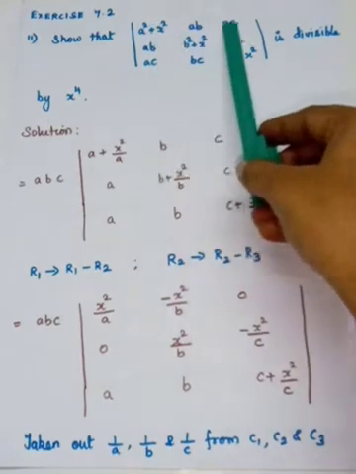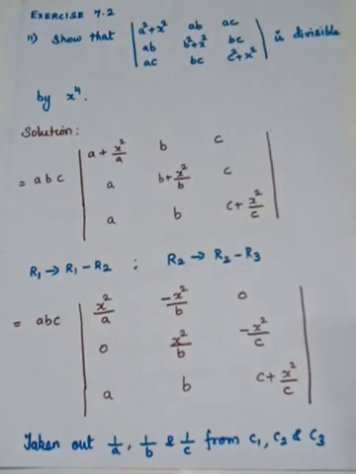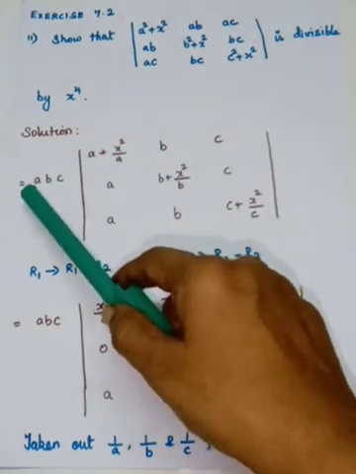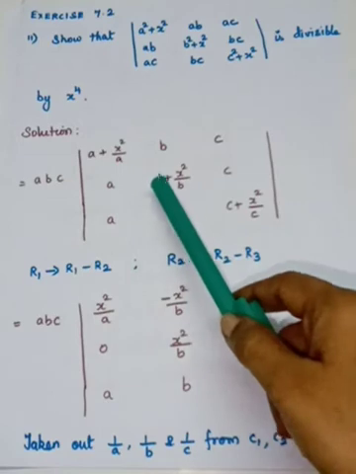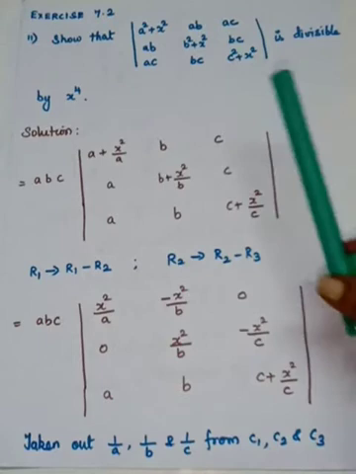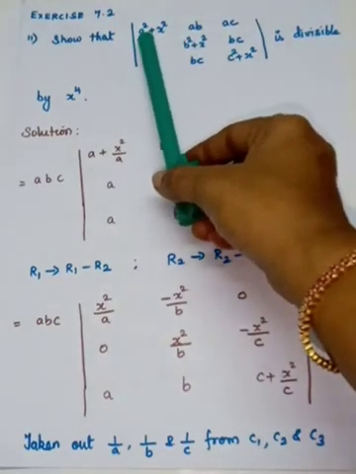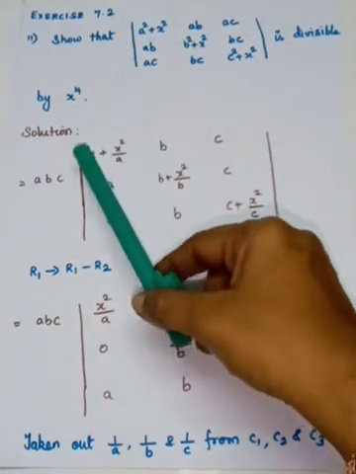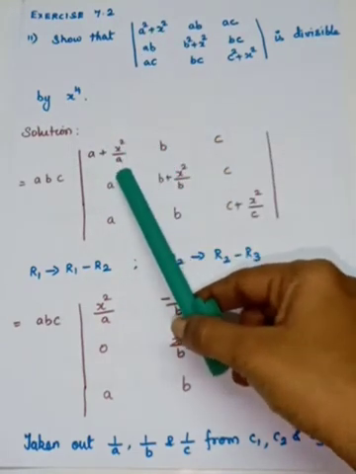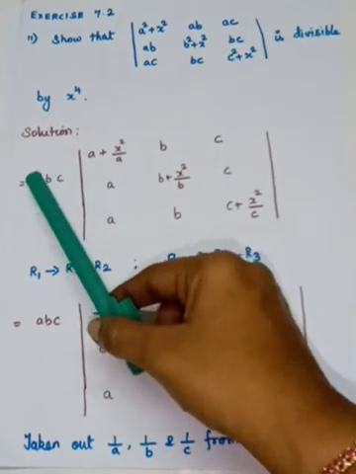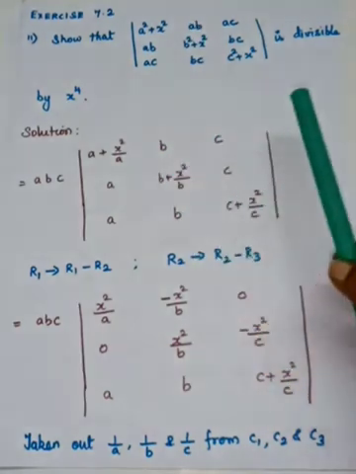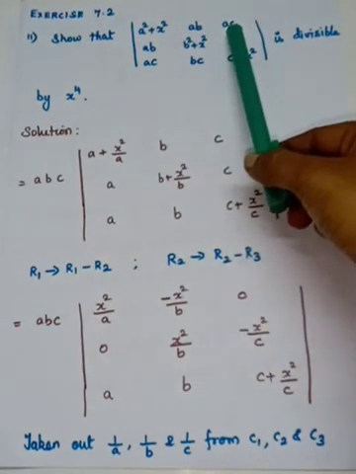In R1, from all the entries of R1, I am going to take the constant a out. From R2 and R3, I am going to take b and c out. So you see that here, if a is taken out, you will have a, and from this term it will be x² by a. So this a and this a getting cancelled, you will have x². So from ab, if you take a out, here you will have b. And from this term, if you take a out, it is c.